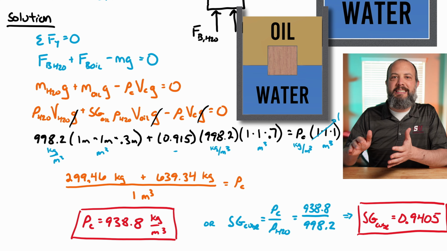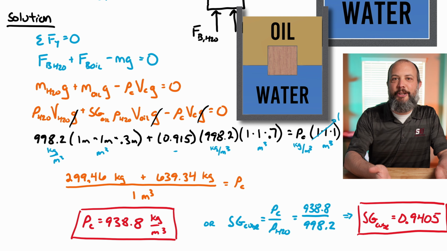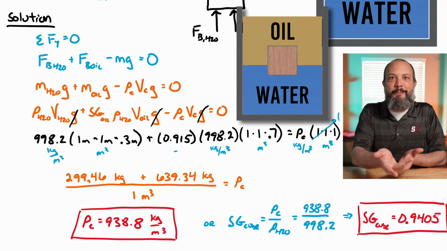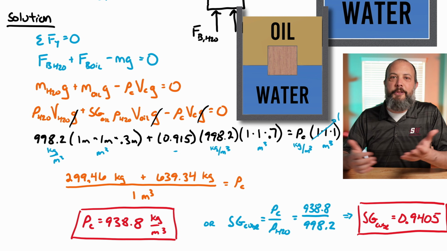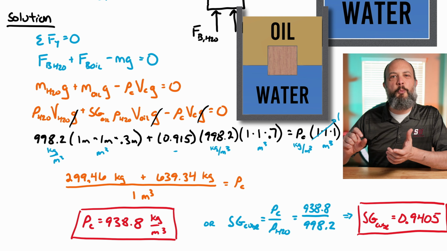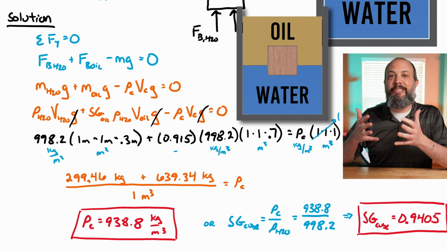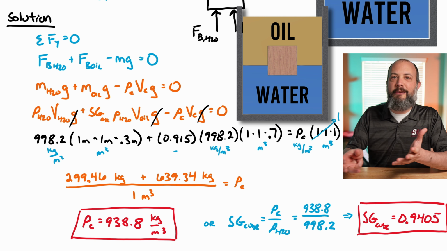So to double check whether this answer even makes sense, we can compare this final answer to the densities of the two fluids. Since the object is sitting on top of the water, it needs to have a density less than water, so its specific gravity should be less than 1, which it is, so that makes sense. But this object is not floating on top of the oil. If the cube had a specific gravity of, say, 0.8, it would actually be floating on top of the oil, touching the air. So we expect the cube to have a specific gravity greater than 0.915,